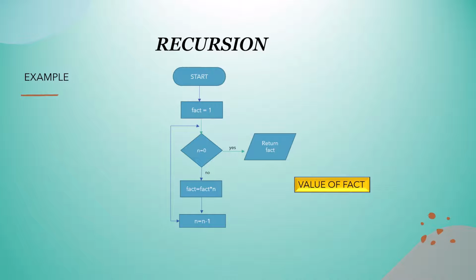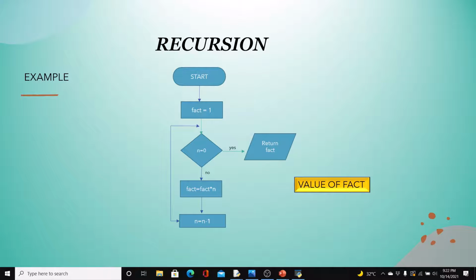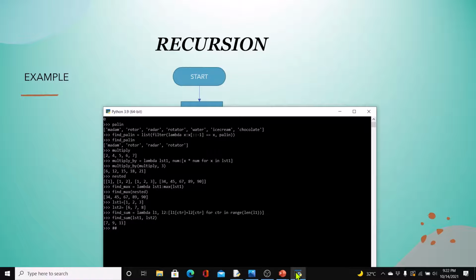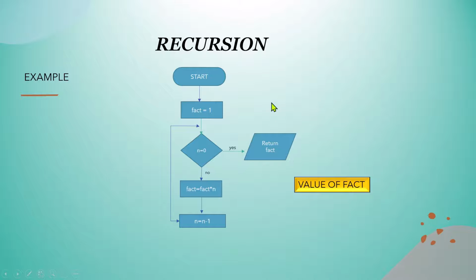Before we get down to discussing recursion, remember we had written a function to find the factorial of a number. And this is a flow chart for that. We all know that the factorial of, let's say, 5 would be 5 into 4 into 3 into 2 into 1. So how would we put this into code? Like I said, we've done this before, but just to refresh your memories, we have a variable fact equal